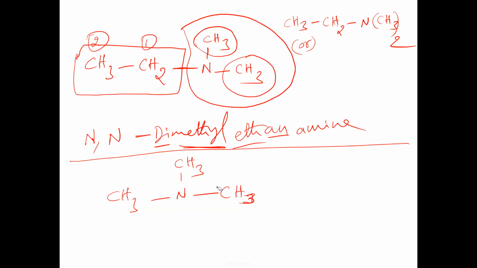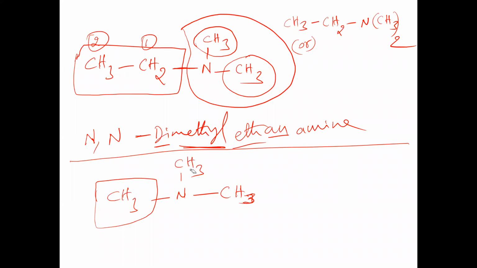In this molecule now, how many carbons are in the direct linkage? How many carbons are there in the parent chain? We have to take only one carbon in the parent chain. Then this CH3 group is attached to NH2. NH2 means what? Amine. In this amine, in place of hydrogen atoms, what are substituted here?